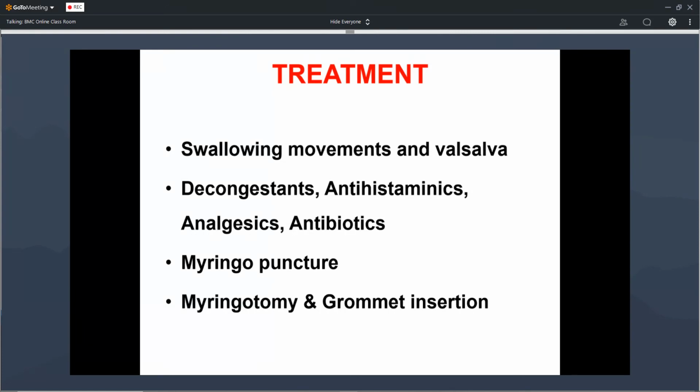So surgical treatment for aero-otitis media is also myringotomy, and myringotomy is making an incision in the tympanic membrane. Myringoplasty is repair of the tympanic membrane. You have to remember these 2 terms. Myringotomy is different, myringoplasty is different. If there is already a perforation in the tympanic membrane, we'll do myringoplasty. Without any perforation, to ventilate the middle ear cavity, we'll give the incision, that is myringotomy.